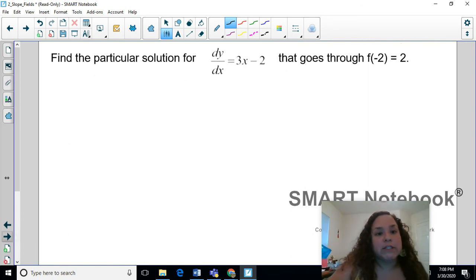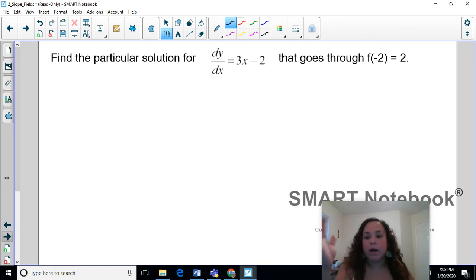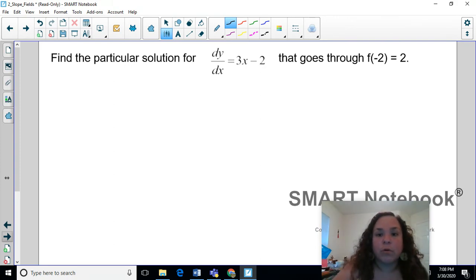Here we're being asked, find the particular solution for dy over dx equals 3x minus 2 that goes through f of -2 equals 2. So now they're being more specific. They want us to find the actual equation for this. And in order to do this, we have